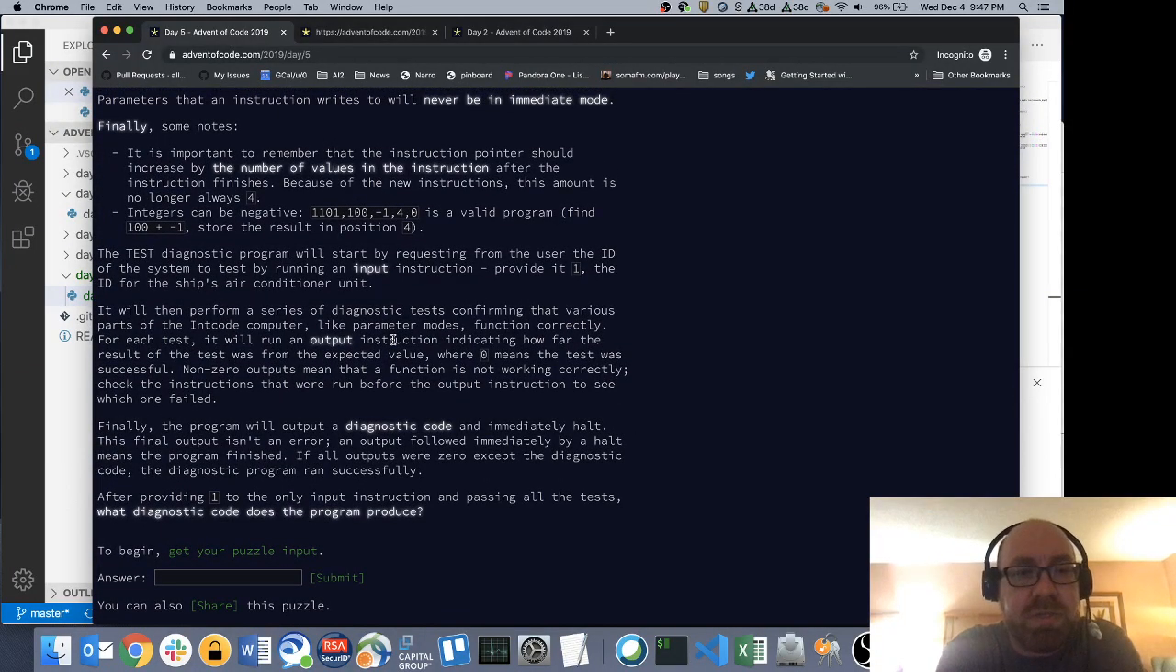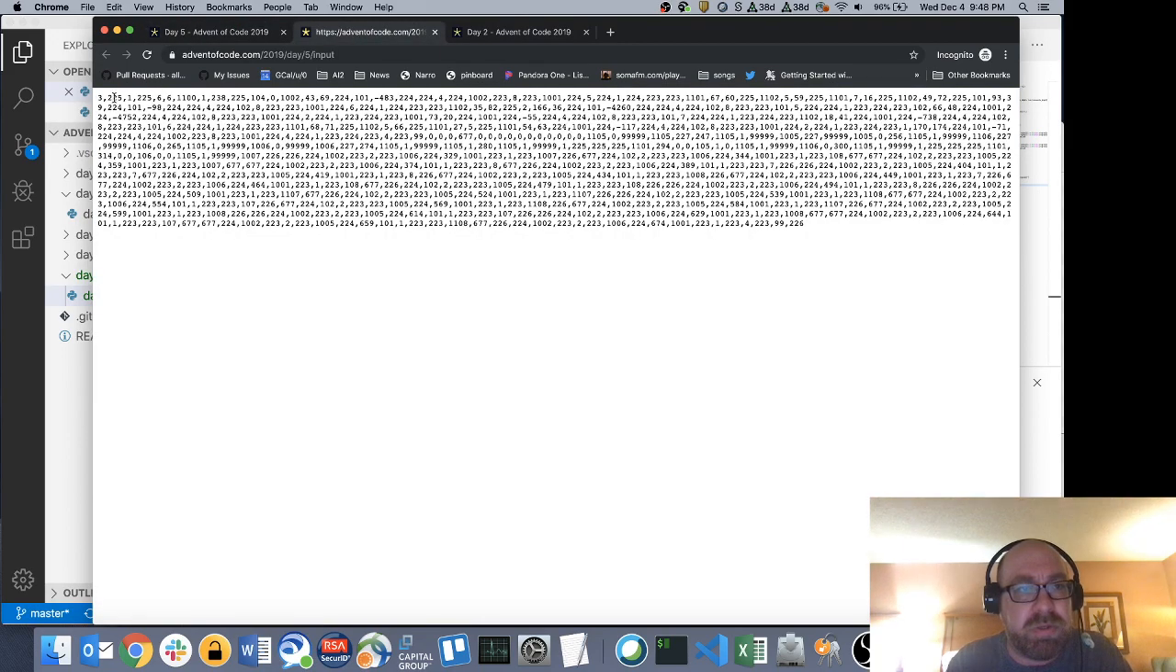So the test diagnostic program will start by requesting an input instruction, provided 1, will then perform a series of diagnostic tests confirming that various parts of the encoded computer like parameter modes function correctly. For each test, it will run an output instruction indicating how far the result of the test was from the expected value, where 0 means the test was successful, and non-zero output means check the instructions and see which one failed. Finally, the program will output a diagnostic code and immediately halt. This final output is an error. If all outputs, so I don't quite,